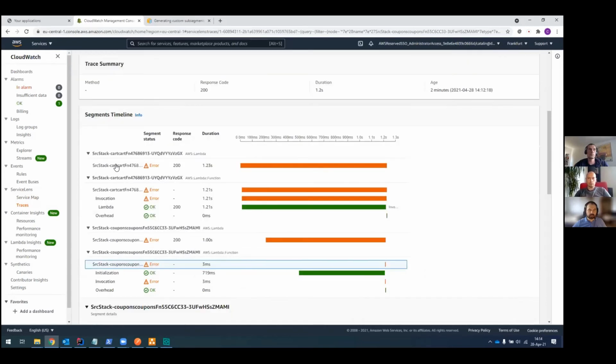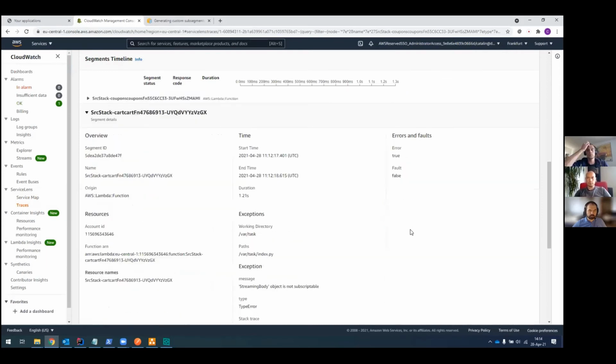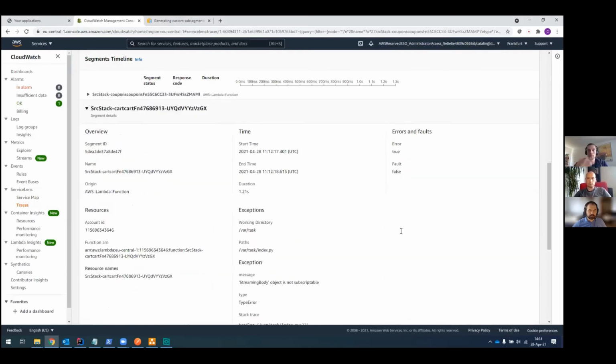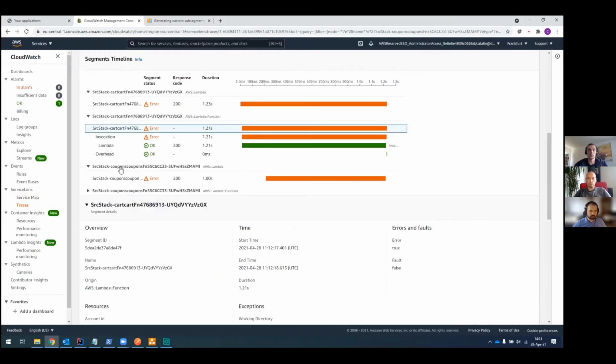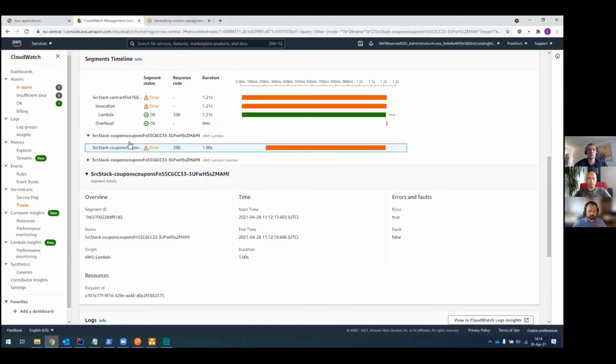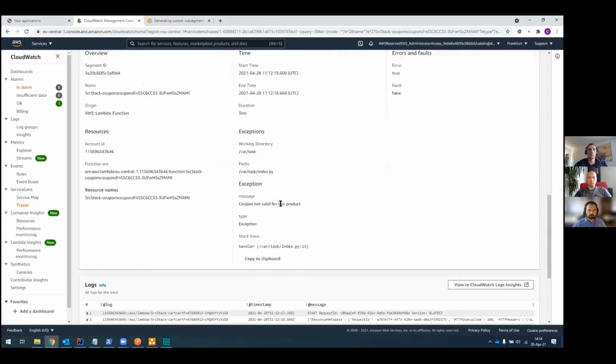We have an error in the segment for cart, and now we go into coupon. And with coupon, we're going to have an error with something like, where are you? There we go. Coupon not valid for this product.